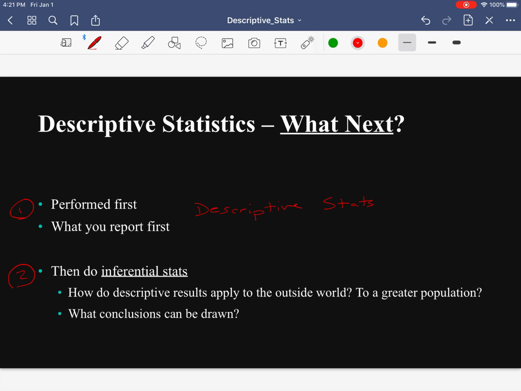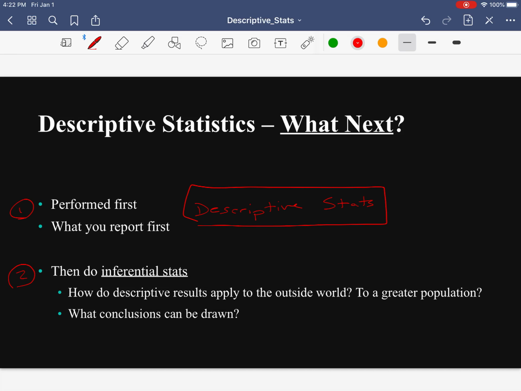So after we do our descriptive stats, and only after we do our descriptive stats, are we going to be able to move on to inferential statistics, where we're trying to make an inference about a sample to a greater population. If that sample is representative of a population, in other words, if these descriptive stats that we get from our sample demonstrate a normal distribution, that normal bell-shaped curve, well, then we're going to be able to make inferences from that sample